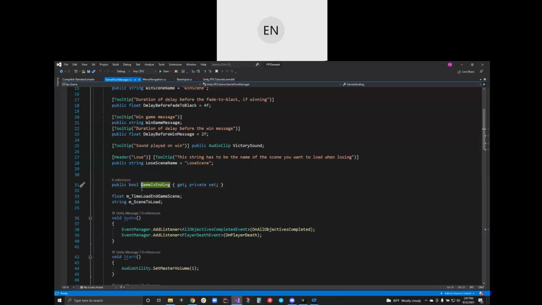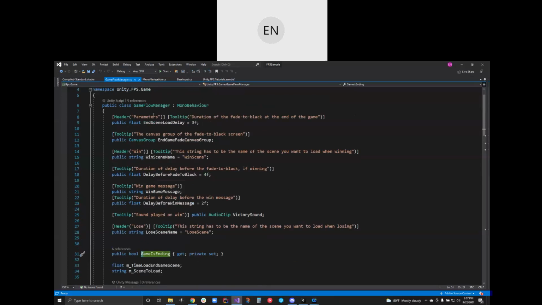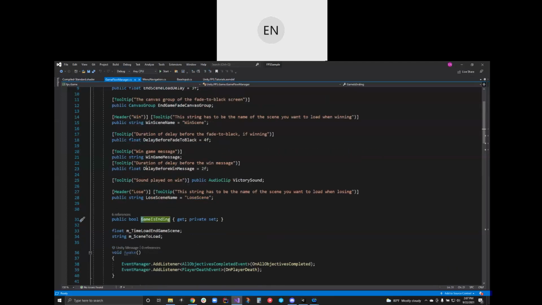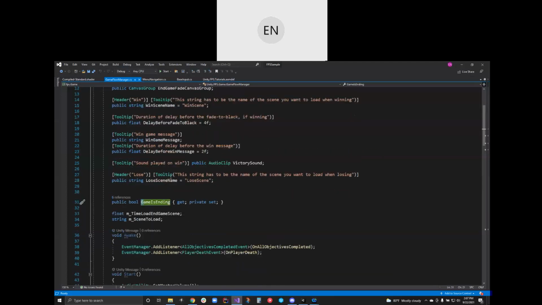Notice that it's uppercase. They uppercased all these up here as well. Normally, the fields are lowercase camel case, and the properties are uppercase camel case. But whichever case, this means that only this class can change this bool.